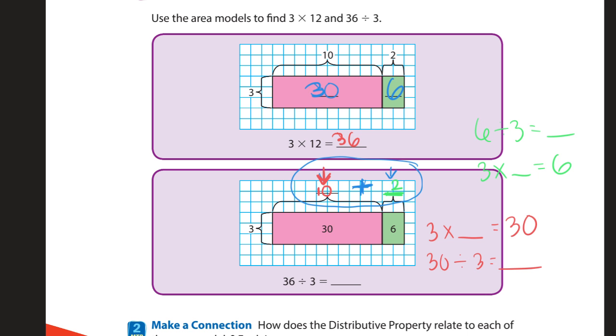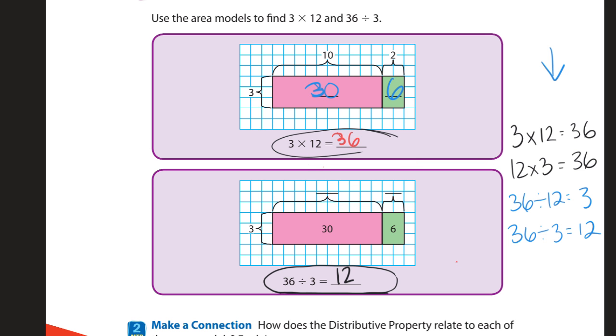My answer, or the quotient, are those two numbers combined, 10 plus 2. 10 plus 2 is 12. So 36 divided by 3 equals 12. If I look at these two number sentences, I can see how they're part of that fact family. Here's our fact family. We also discussed last week how in a division problem, this is the dividend, the divisor,